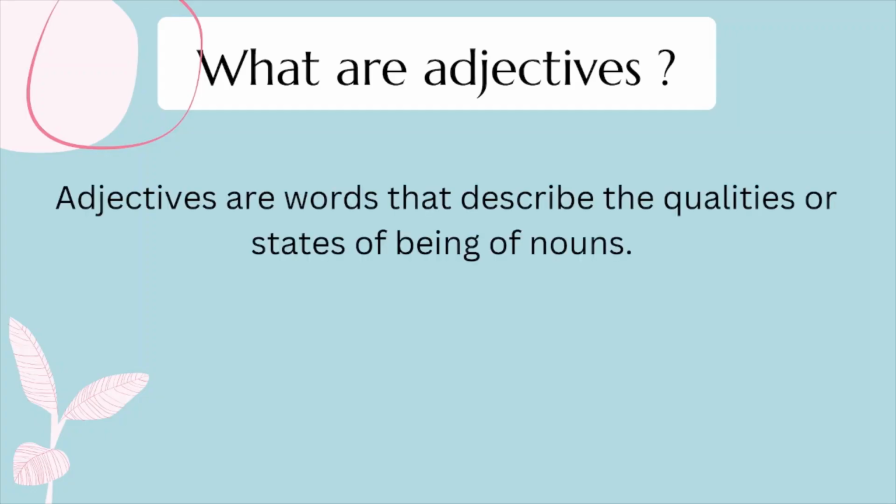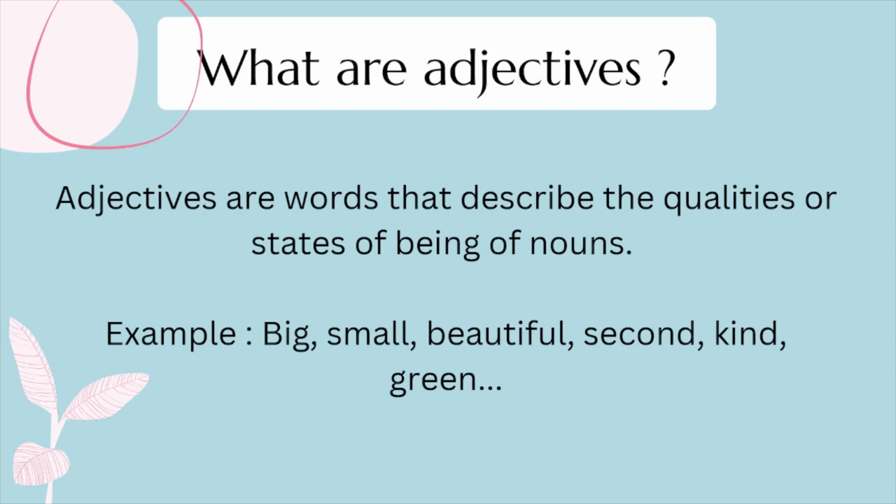First of all, what are adjectives? Adjectives are words that describe the qualities or states of being of nouns. For example, big, small, beautiful, second, kind, green. So for instance, a pen is a noun. So if I want to describe my pen, I'm going to use adjectives like big pen, small pen, beautiful pen,